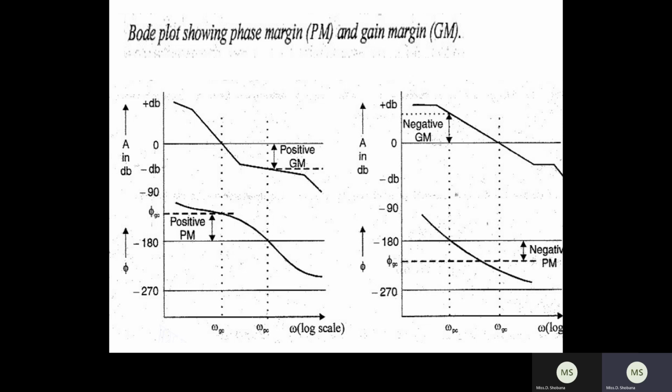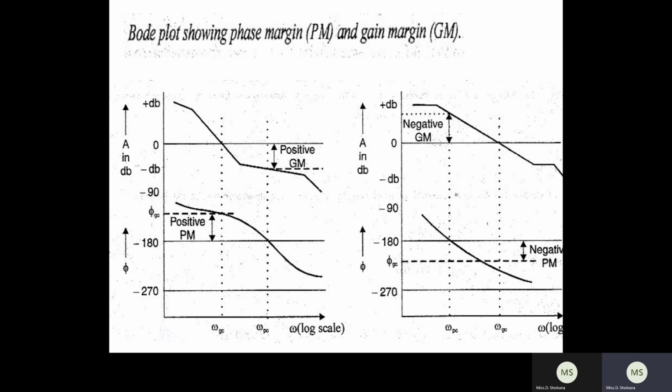If you want to determine the gain margin, always remember minus 180. From minus 180, draw a horizontal line that will intersect your phase plot. Then draw a vertical line that will intersect your magnitude plot. The corresponding frequency is the phase crossover frequency. For the corresponding gain, if the graph shows minus dB, the result will be plus dB. If it shows plus dB, the result will be minus dB. Like that we have to write.